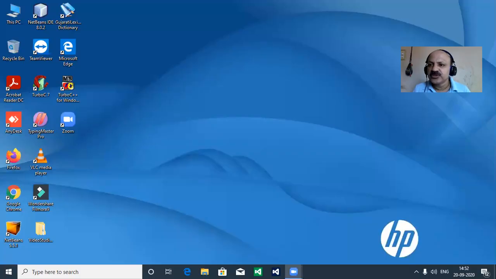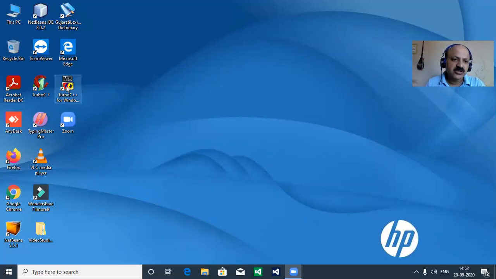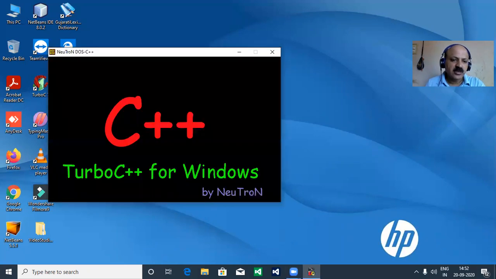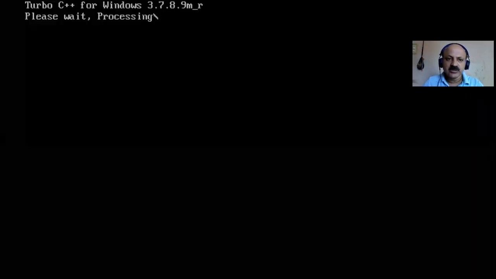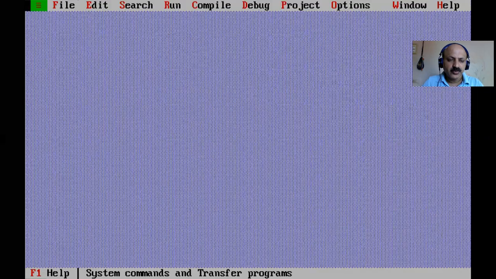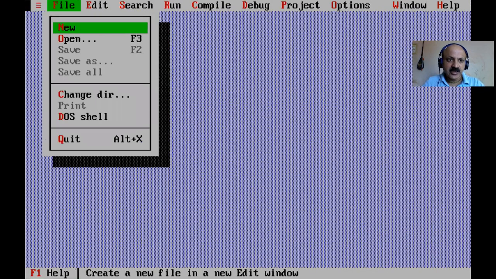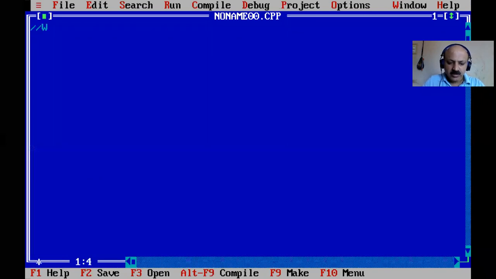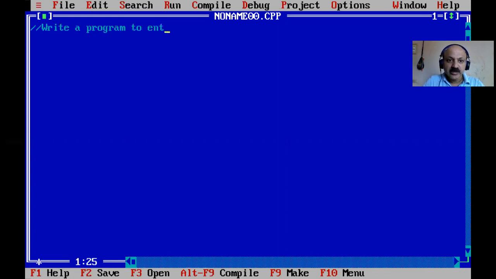In this session, we learn the string ascending or descending order in C language. So yes, first I share my laptop screen. So here fix the position and here Turbo C++ is there. I just double click and take some process and now, yes, open Alt F file menu, taking a new file, and here our goal: write a program to enter one string